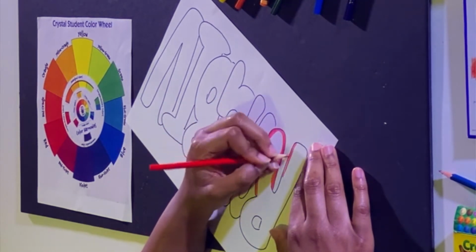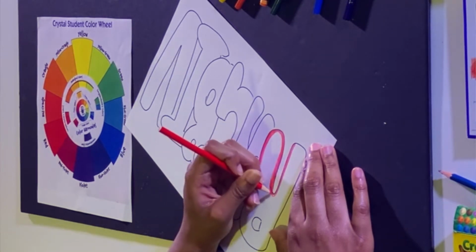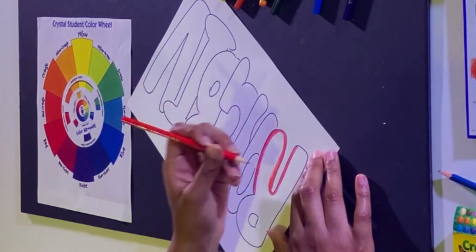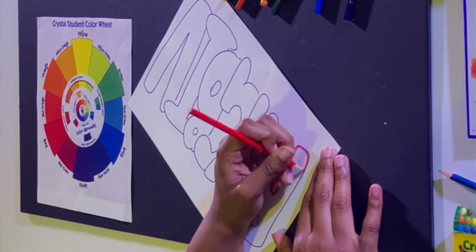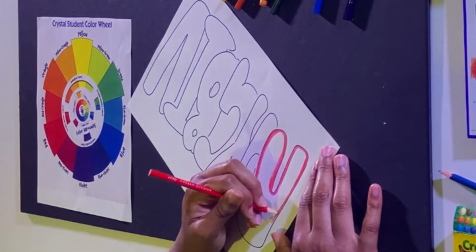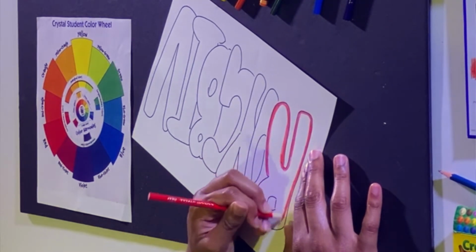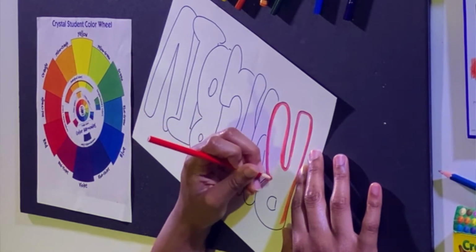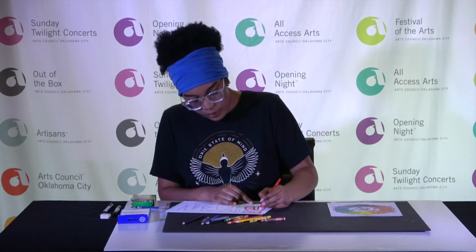So like for this one, I'm doing the outline of my R in my colored pencil red. I'm pressing down a little bit hard. And then I'm gonna go back in with the same utensil. I'm gonna keep using my colored pencil because I like this color red. And I'm gonna fill in the middle part, but I'm not gonna press down as hard. So it's not gonna look like one solid type of red. Then what I'm gonna do,